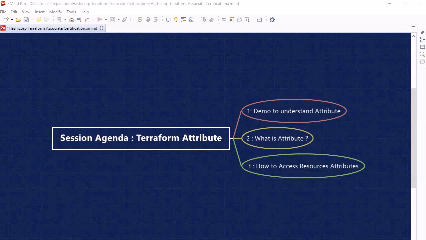So guys, so far whatever we have done, we are just manually accessing the resource attribute information. But in certain scenarios, or say most scenarios, whenever we are writing IaC code, we require using one resource's information in another resource. In that scenario, we need to get the resource attribute information at runtime. How we can achieve this, we will look into in our next session, that is